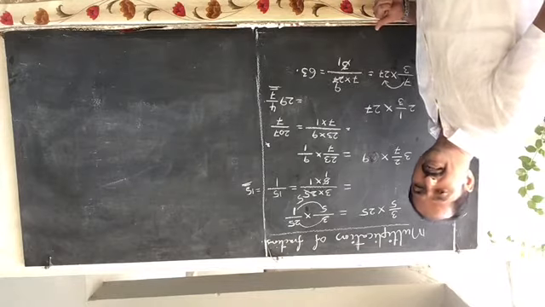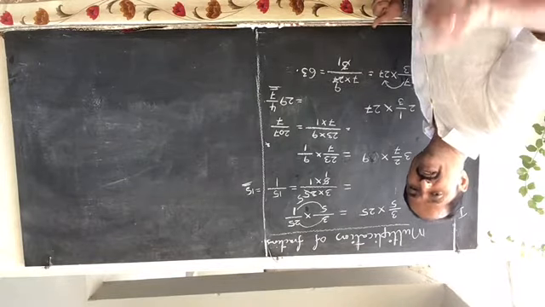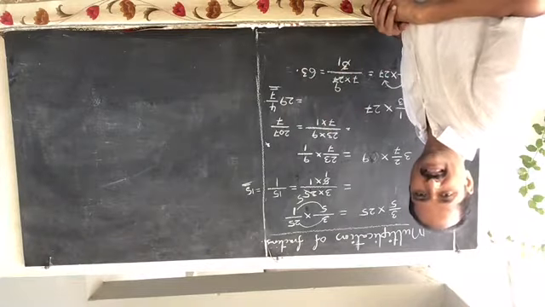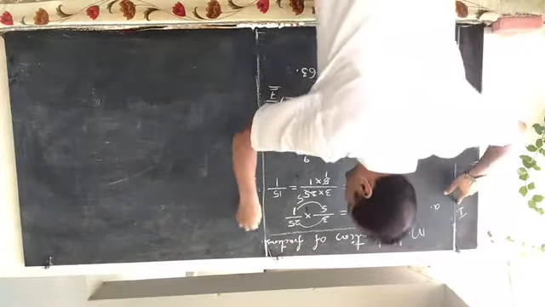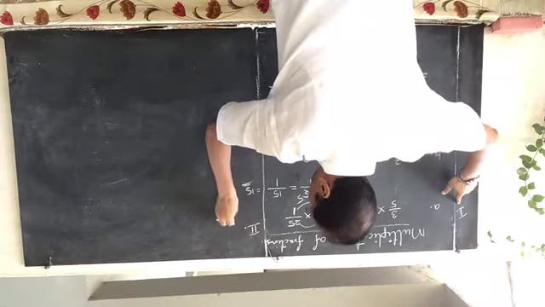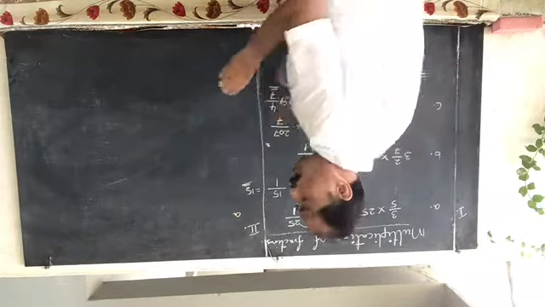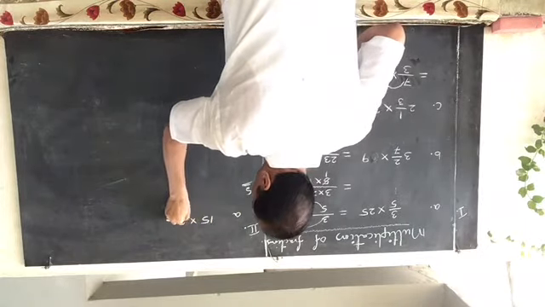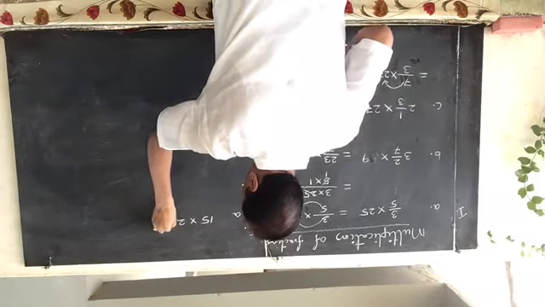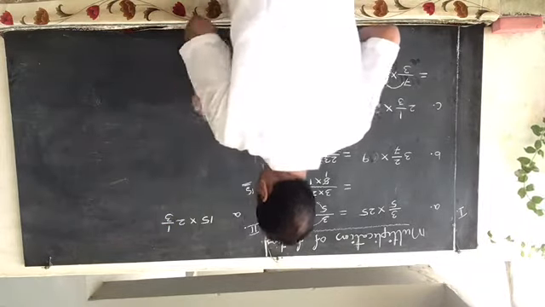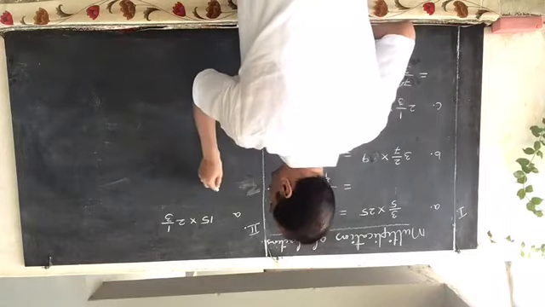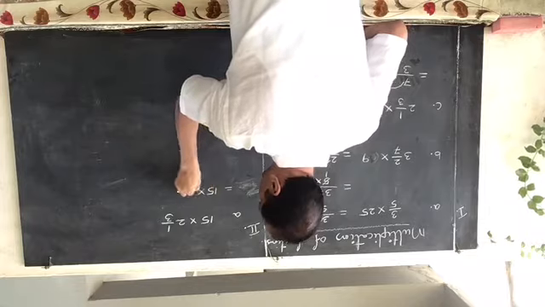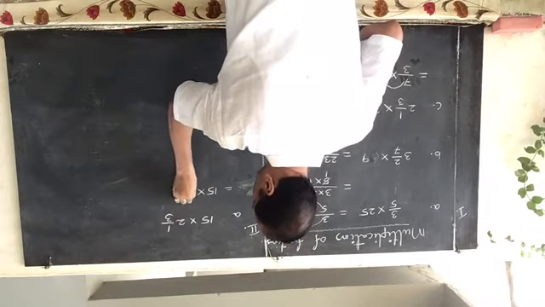Understood? This is the multiplication of a fraction with the whole number. And the reverse, the second type of multiplication is multiplication of a whole number with a fraction. For example, 15 into 2 1 by 3. So observe carefully. 15 into 7 by 3. 2 3s are 6 plus 1, 7 by 3.